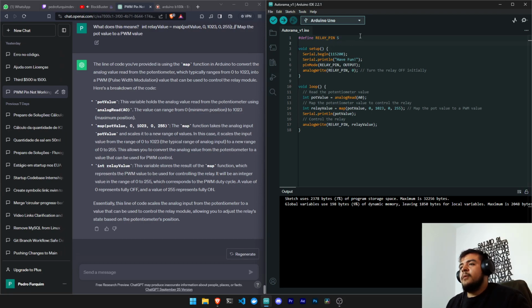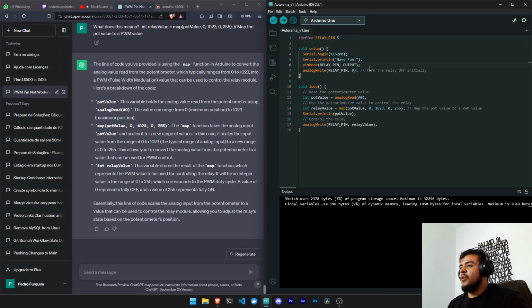So normally we should not control it with PWM. I'm trying to do that with also a potentiometer that I think is not a digital potentiometer too, but